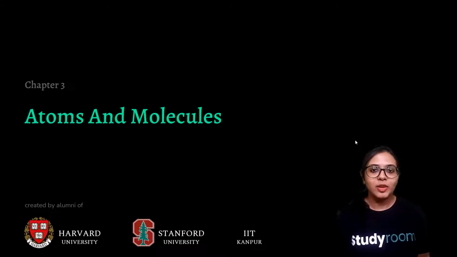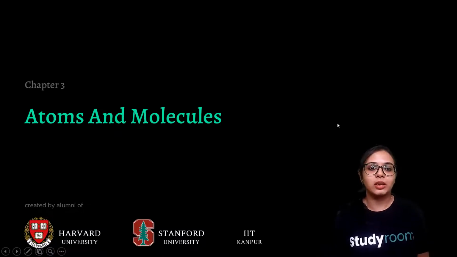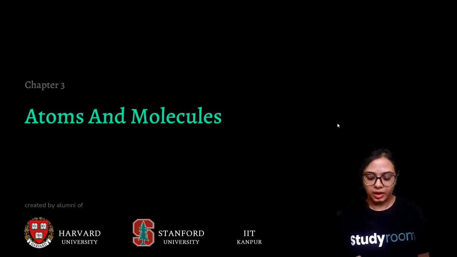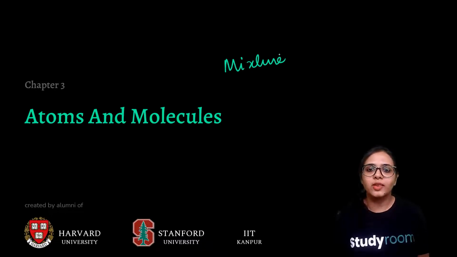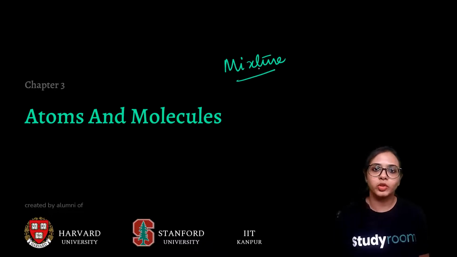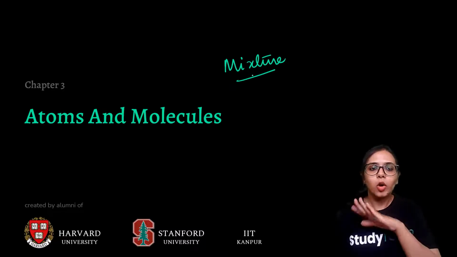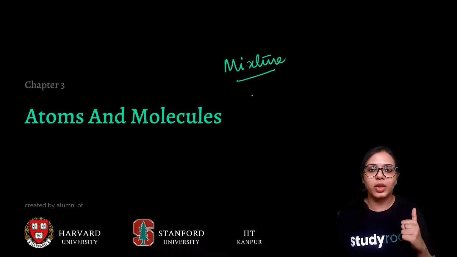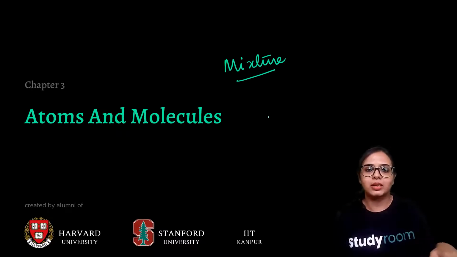In this lesson, we'll be learning about Chapter 3 of Grade 9 Chemistry, that is atoms and molecules. In the previous chapter, we had learned about whether matter is pure substances or mixtures. We had learned about the different ways of segregating the components from a mixture. We had learned about the physical and chemical changes. All in all, in the previous two chapters, we had learned about the macro properties, looking at matter from the